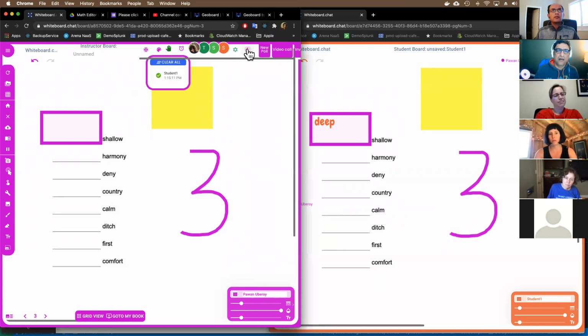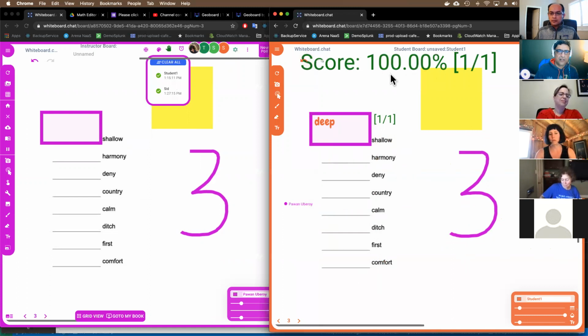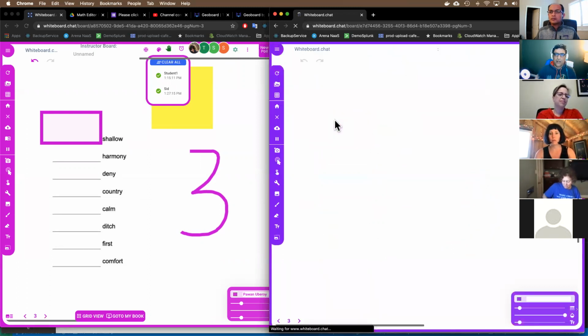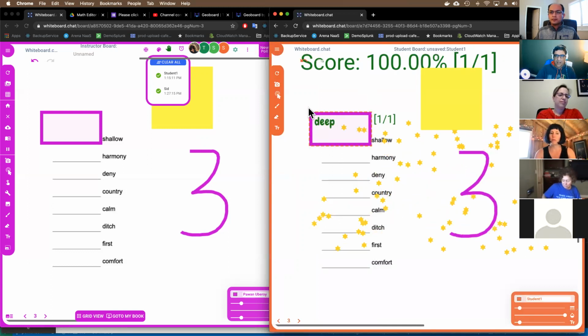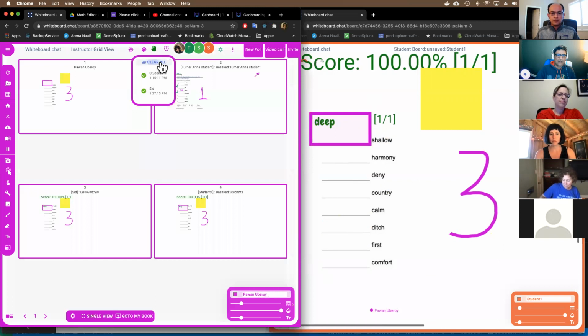And the teacher can then do auto corrections on that board, right? And you can see that it scores, gives them the score instantly and tells them that their answer is right, right? So they get instant notification as to what they're doing and how their work is being graded. And same thing even Sid did, right? So you can do it across students. Everybody gets their own notification,